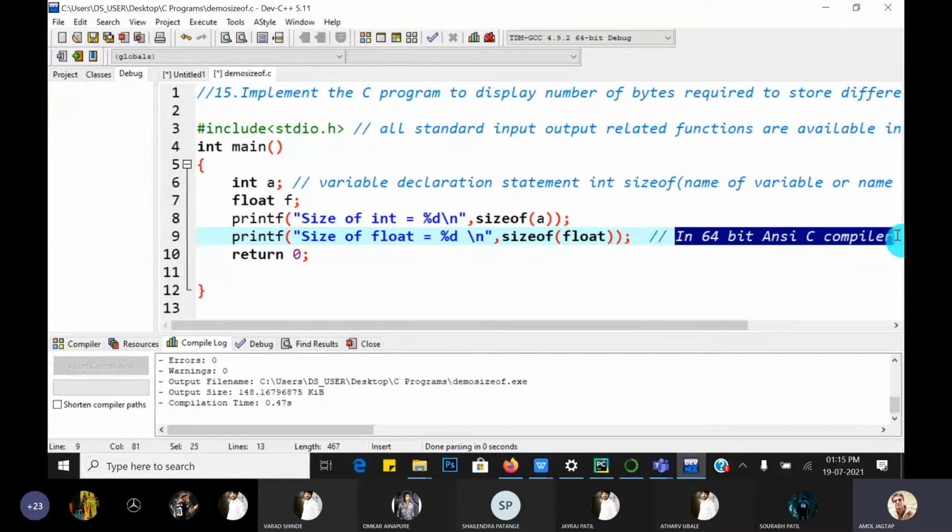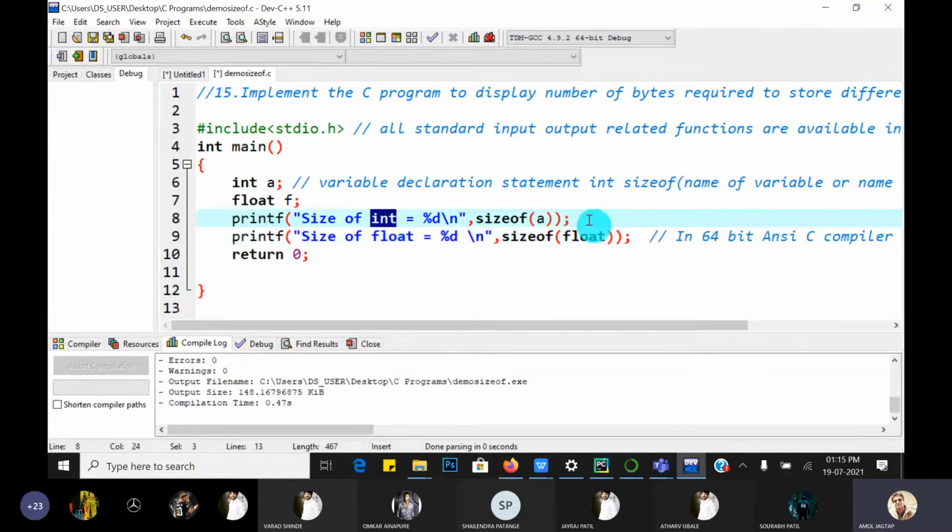Because on different compilers, for the traditional Turbo C compiler, the int data type requires only 2 bytes. How many bytes are required? Only 2 bytes. Float requires 4 bytes. That means it varies from compiler to compiler. If it is a 64-bit ANSI compiler, int requires 4 bytes, and float also requires 4 bytes.